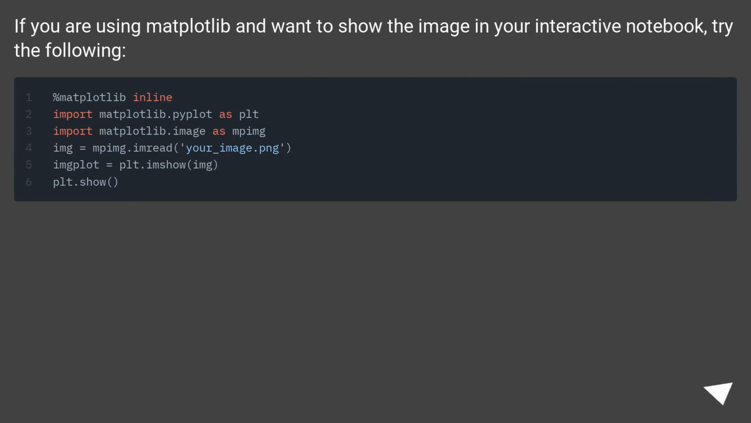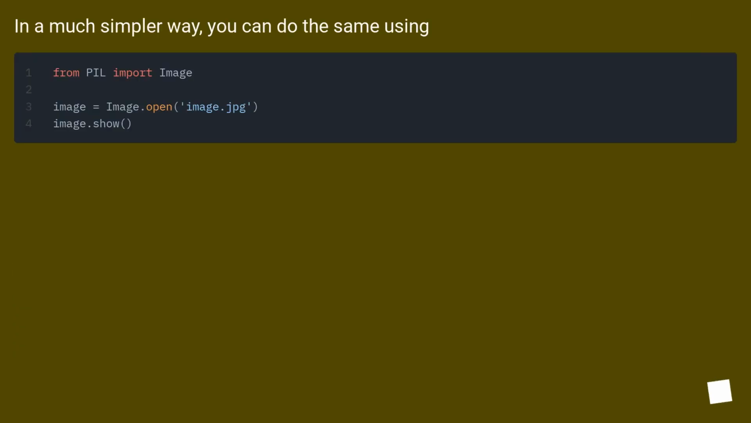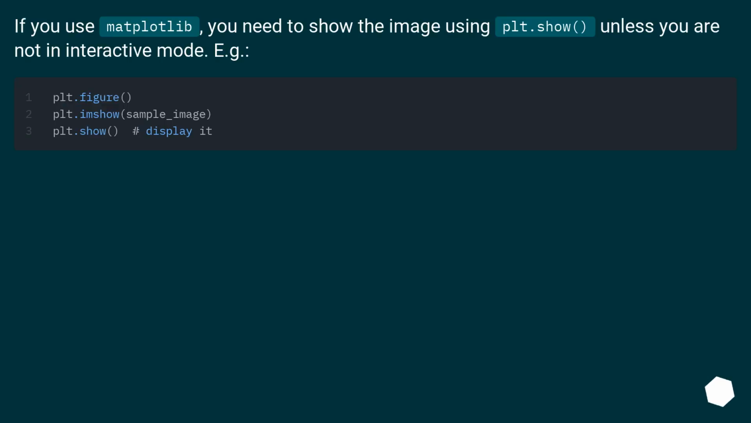If you are using matplotlib and want to show the image in your interactive notebook, try the following. In a much simpler way, you can do the same using the following. If you use matplotlib, you need to show the image using plt.show unless you are in interactive mode. For example,